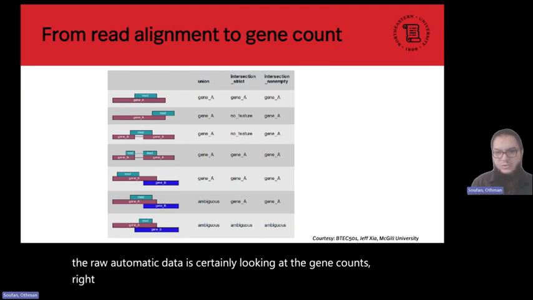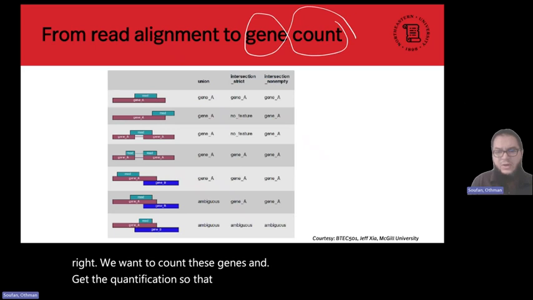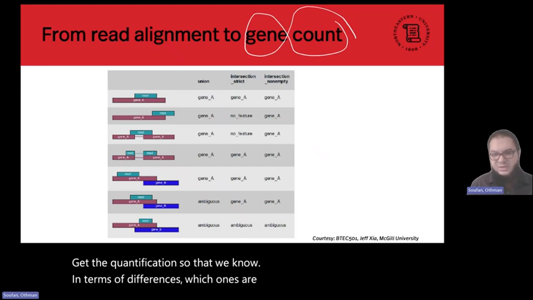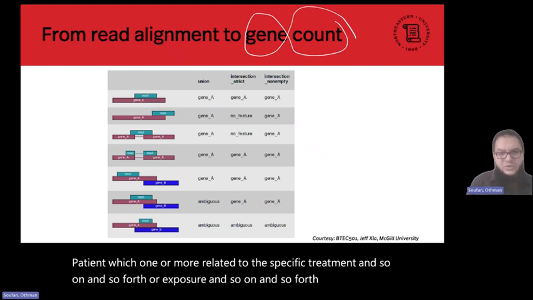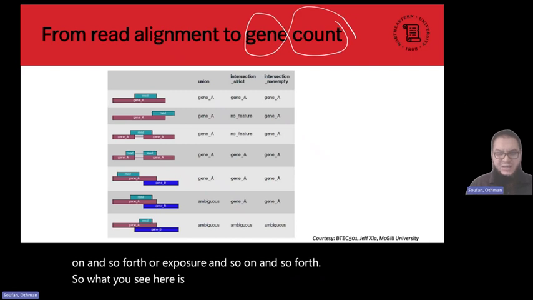We want to count these genes and get the quantification, so that we know, in terms of differences, which ones are related to a specific patient, which are more related to a specific treatment, or exposure, and so on. So what you see here is giving us an